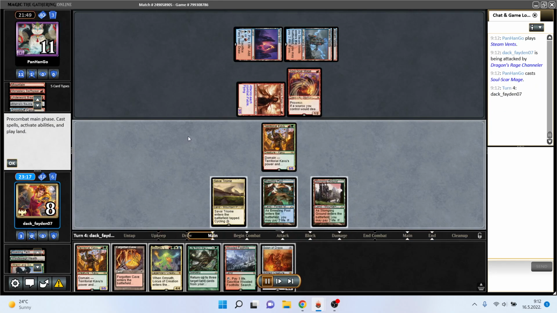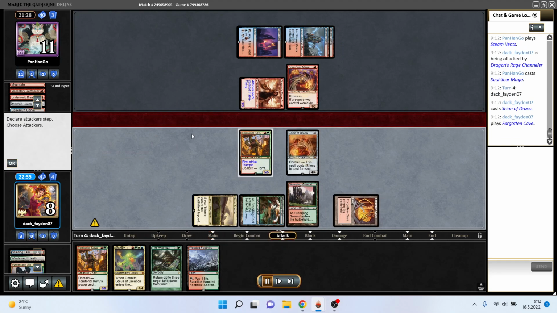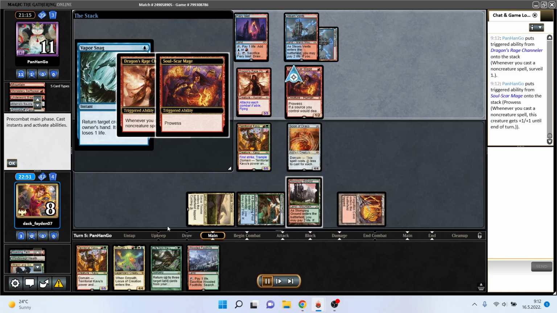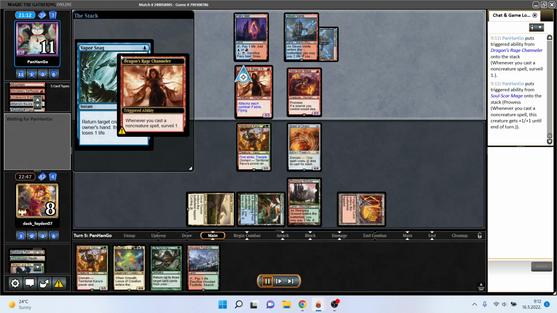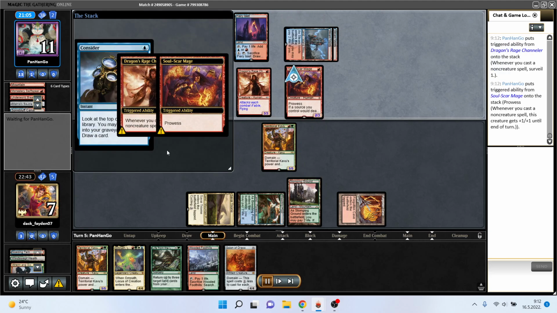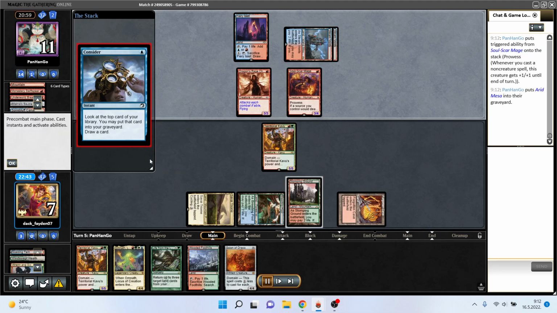They put in Soulscar, and at this point I decided just to play my Scion as a blocker and tap land, so next turn I can go Omnath, fetch, and it would definitely put me in a very good situation. But as it turned out,